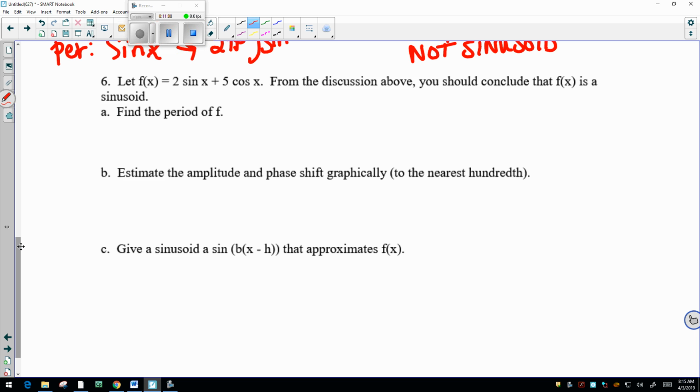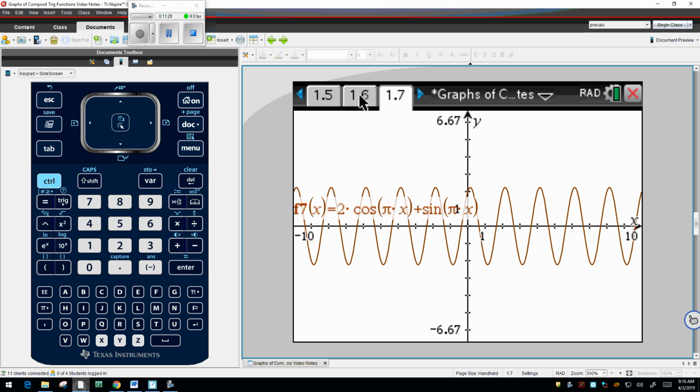All right, so the period of that function, well, since they both have a b value of 1, I can tell you the period is 2 pi over the b value, or I can tell you the period is 2 pi. Now, for right now, it says we're going to estimate the amplitude and the phase shift graphically using our calculator to the nearest hundredth. So if we were to take a look at this function,